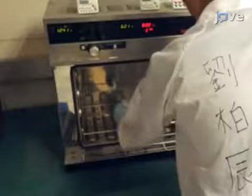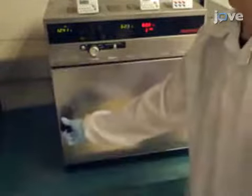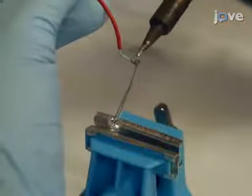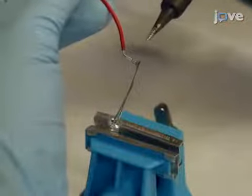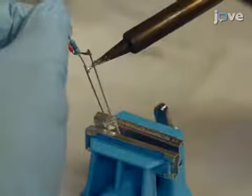Bake the entire cap at 70 degrees Celsius for 8 hours to cure the PDMS. Next, using a soldering iron, solder the LED anode with the 24-gauge wire and the LED cathode with the carbon resistor. Then, solder a 680 ohm